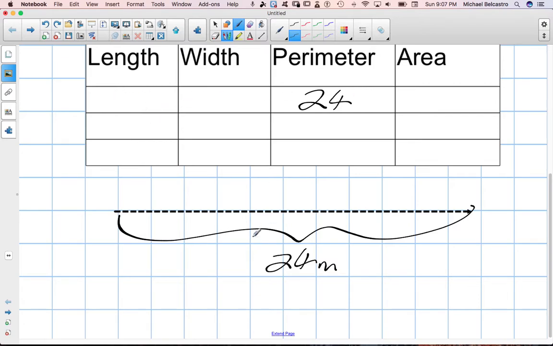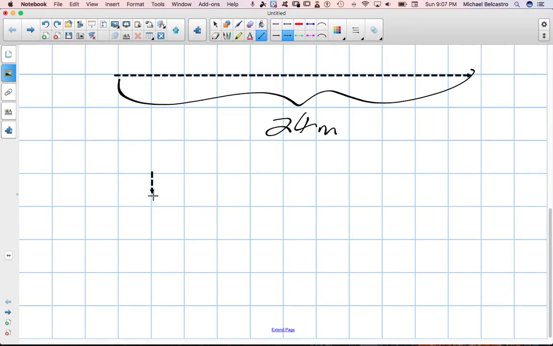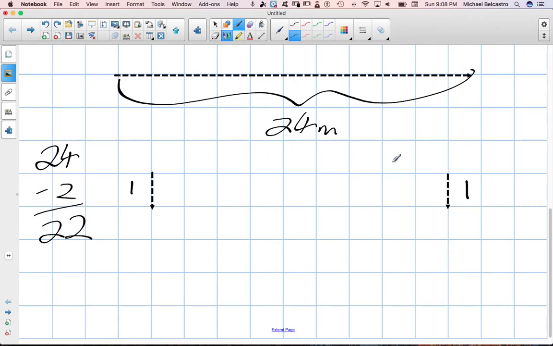What's a possible length? Well, we could build a fence, and we're going to be building rectangular fences in this case, okay? So we could build a fence where it's a meter. It's 1 meter long there. And then if that side's a meter long, then we know the other side is a meter long also. So that's already 2 meters missing. So that leaves us, so remember we started with 24. So we had 24, we've subtracted now 2 meters, there's one on each side, we're left with 22, and we need to split that between the two sides of the rest of the fence. So if we were to divide that by 2, the other two sides of the fence will be 11 meters